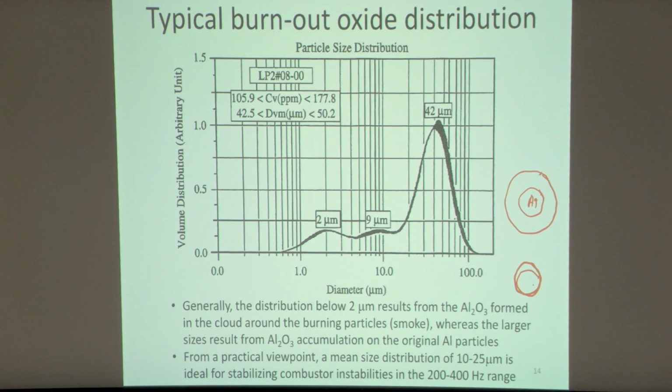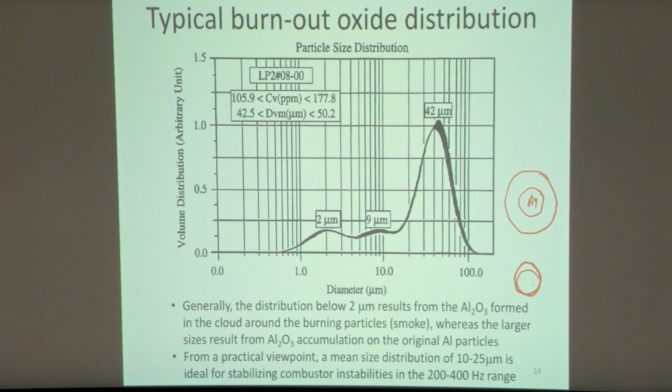One of the important questions is, what is the size of the aluminum oxide particles that's formed after the reaction's complete? Do I have micron-sized particles? Do I have nanometer-sized particles? And that size distribution is very important